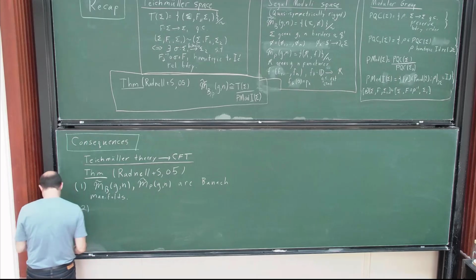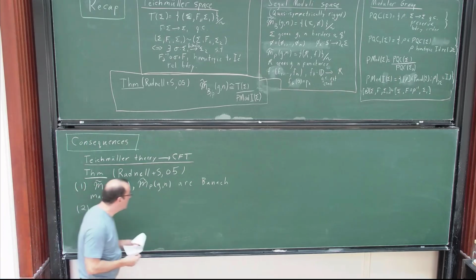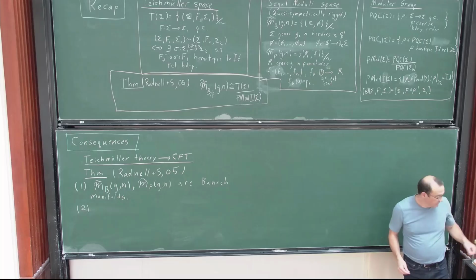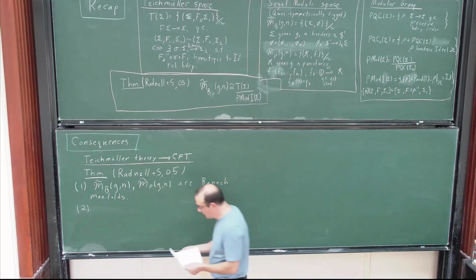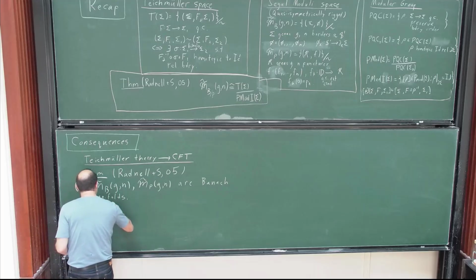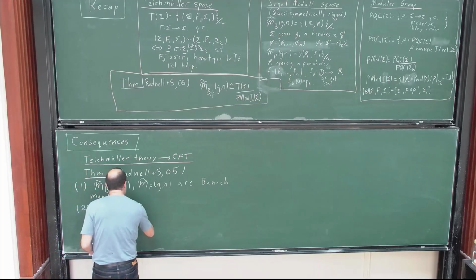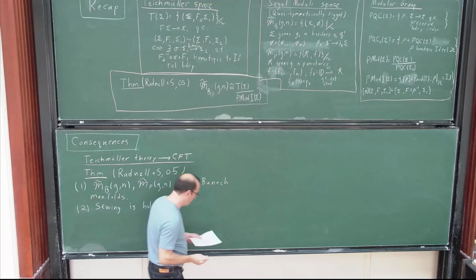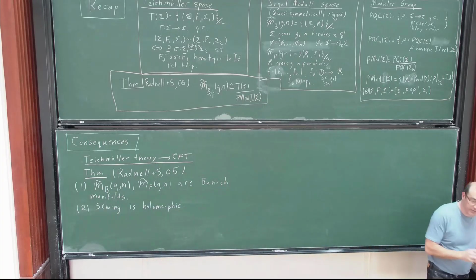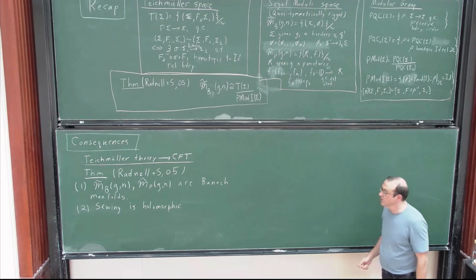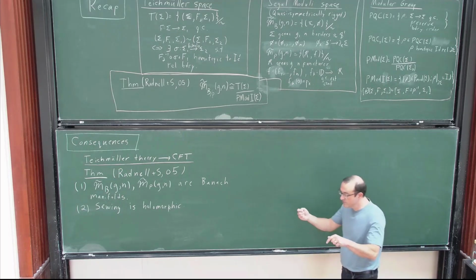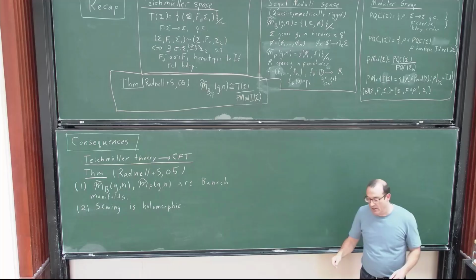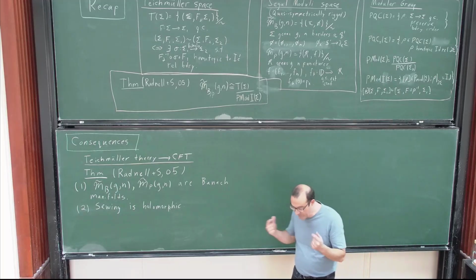Maybe let me write one more thing here. The sewing operation is holomorphic. So in the Segal moduli space picture, if you were here for Andre's talk at the workshop a couple weeks ago, he talked about this picture. You have this sewing operation on the Riemann surfaces, and the Riemann surfaces together with the boundaries are morphisms in a certain category